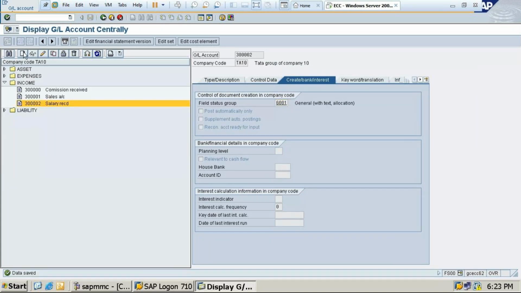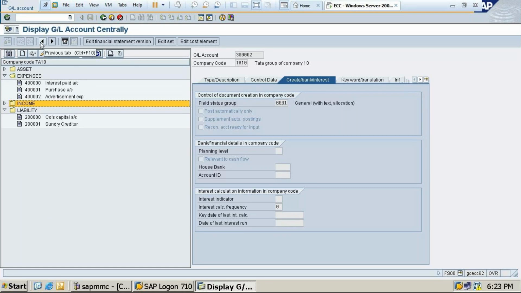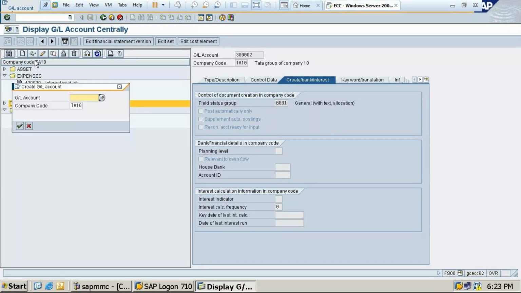Next is what? I'll take liabilities, income, expenses. Okay, so commission paid, rent paid, commission paid. I'll create one more, 4 lakhs 3.